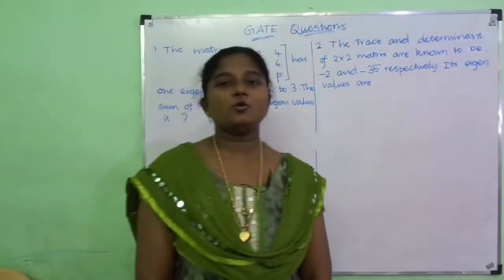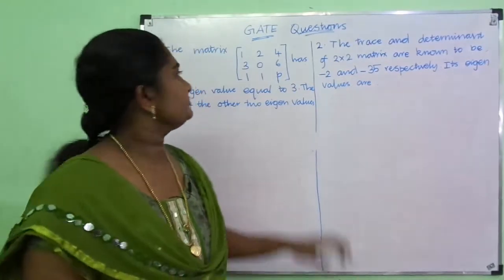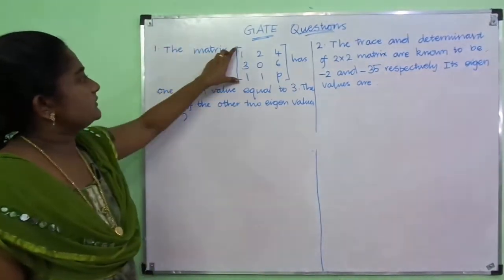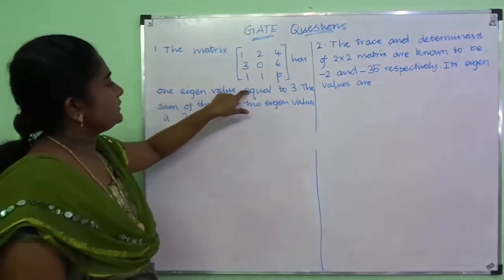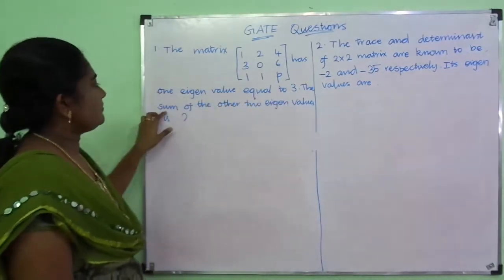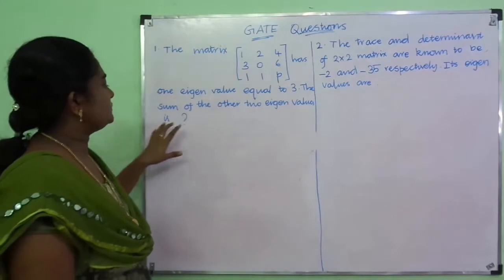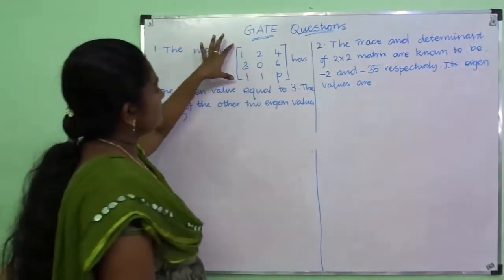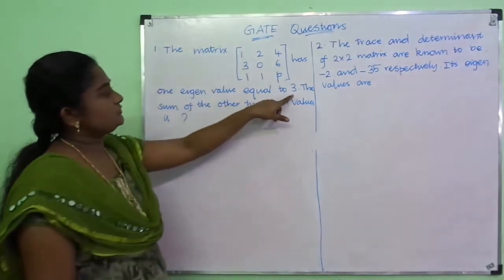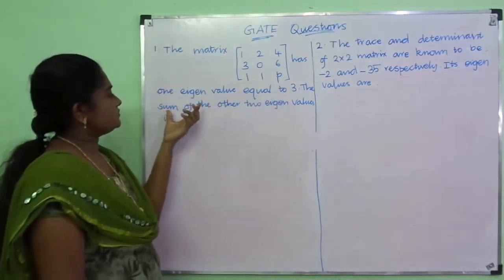Hello everyone, now let us see a GATE question. The given matrix has one eigenvalue equal to 3. The sum of the other two eigenvalues is what? Look at this matrix. The given matrix has one eigenvalue 3 and they asked us to find the sum of